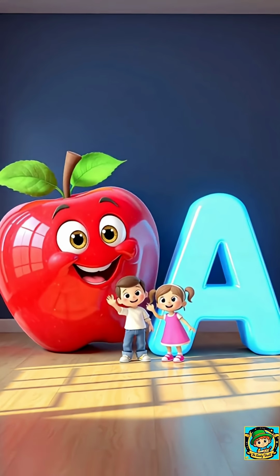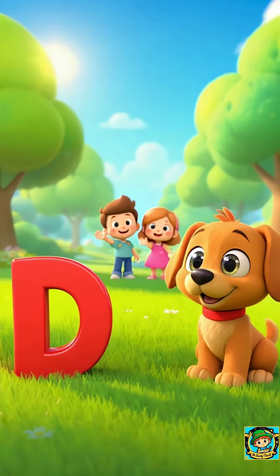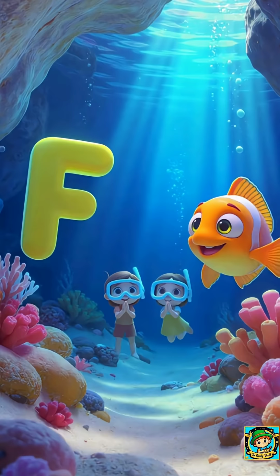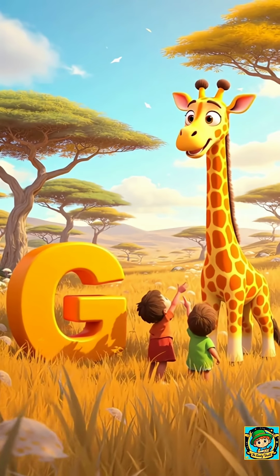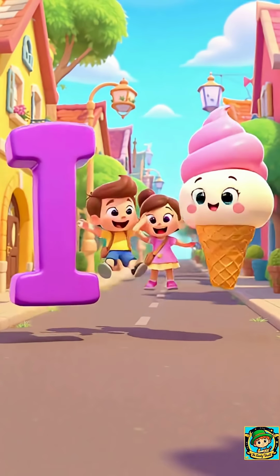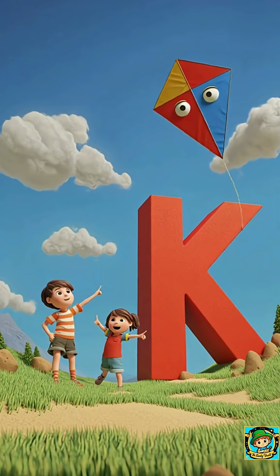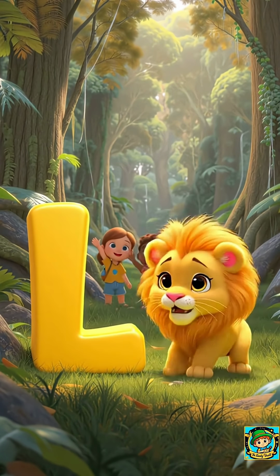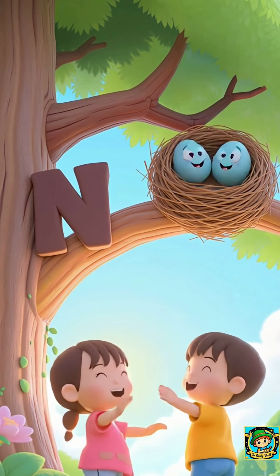A for apple, B for ball, C for cat, D for dog, E for elephant, F for fish, G for giraffe, H for hat, I for ice cream, J for juice, K for kite, L for lion, M for mango, N for nest,